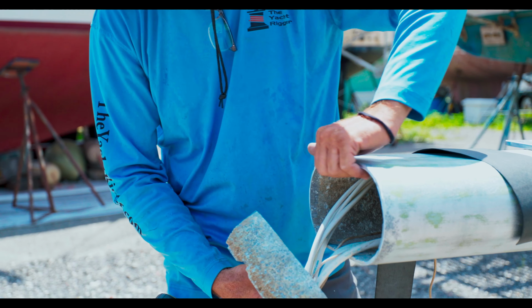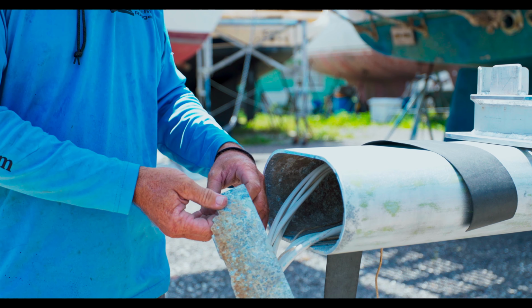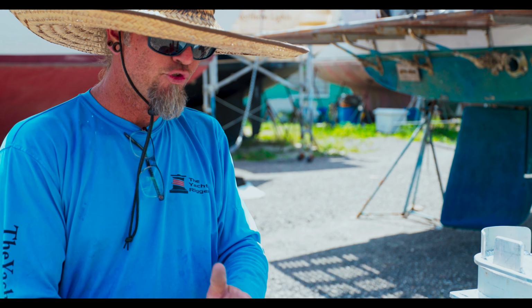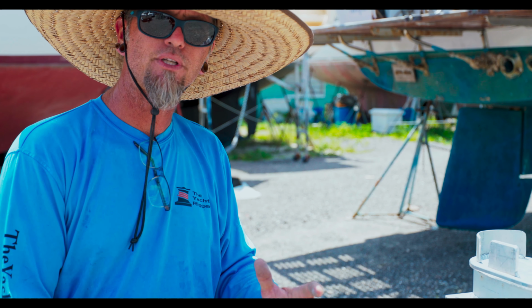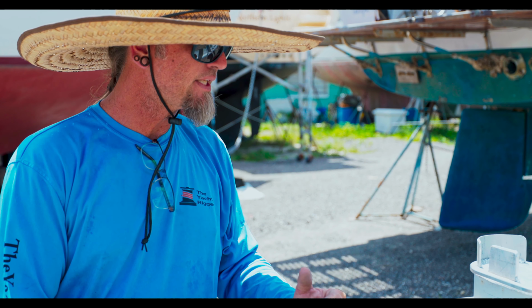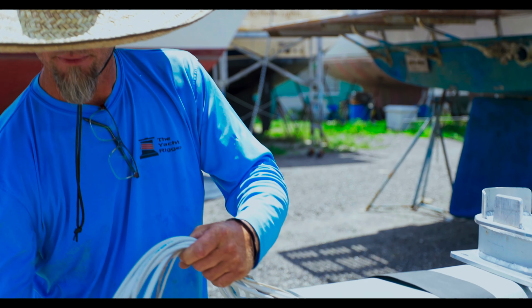After you've made your cut, you deburr all that. Now this could be done just about anywhere, so if there was another rigger or a customer that was good at cutting metal, they could dress the end of the mast, but then what do you do about the lost height? Because you don't want to have your mast be shorter. It was originally designed to be a certain height, and we'd like to keep it that certain height. So after we cut off this section